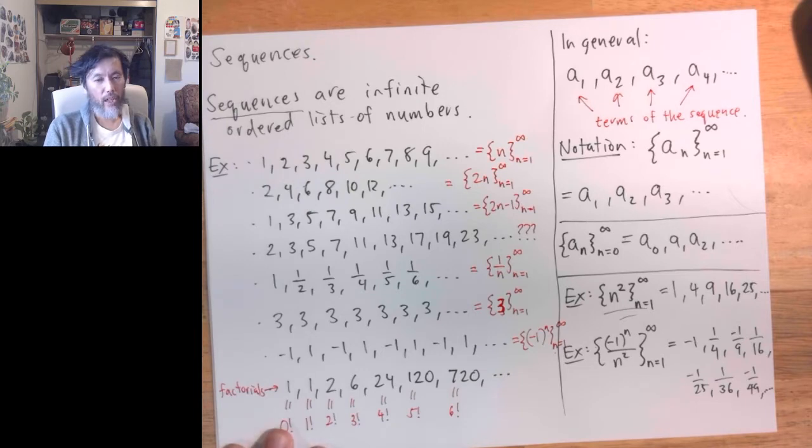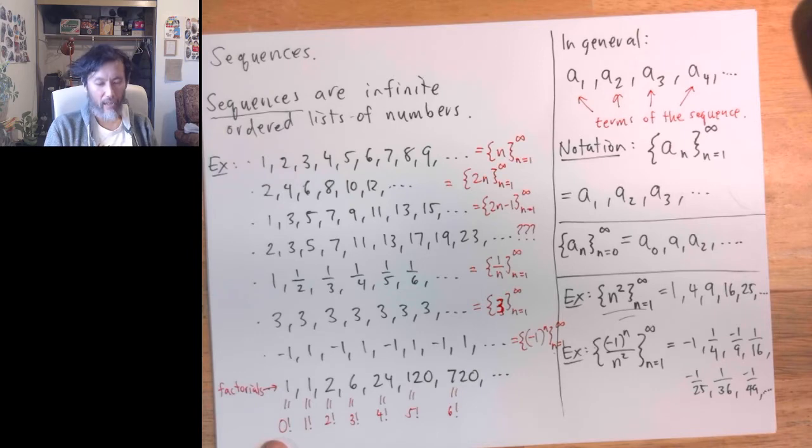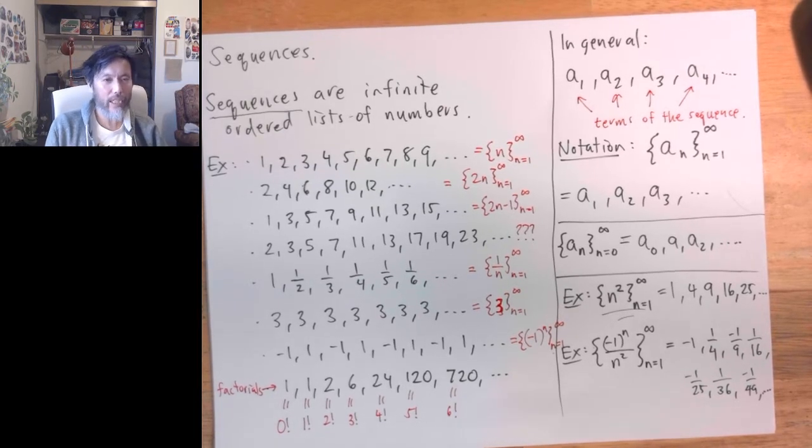Sometimes, if you're talking to a computer scientist, they might pronounce this, for example, 0 bang or 5 bang. I've heard that before. But I say factorial. I don't know why I prefer it. I don't have any strong preference. What is it, really? Okay, so